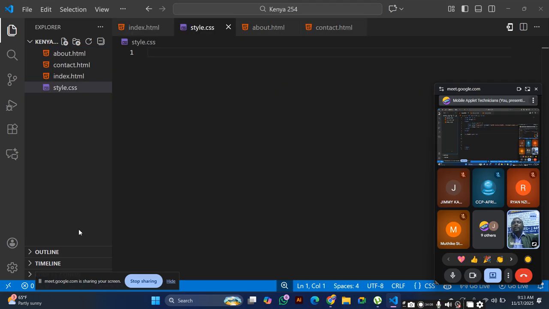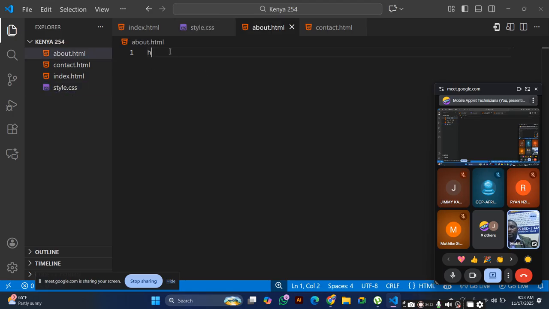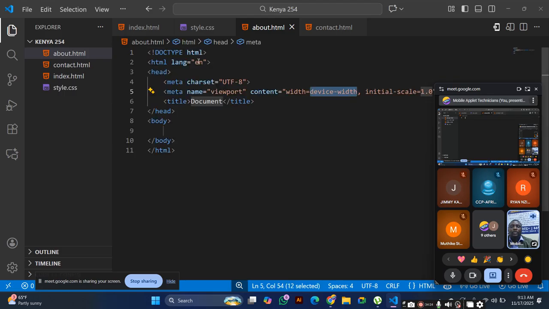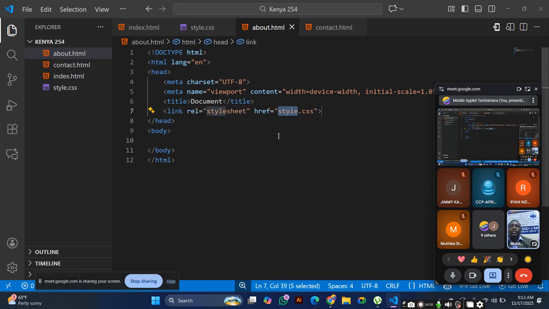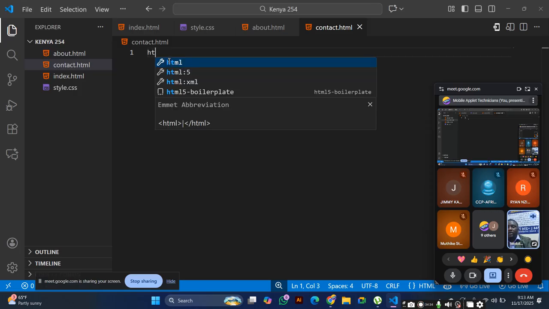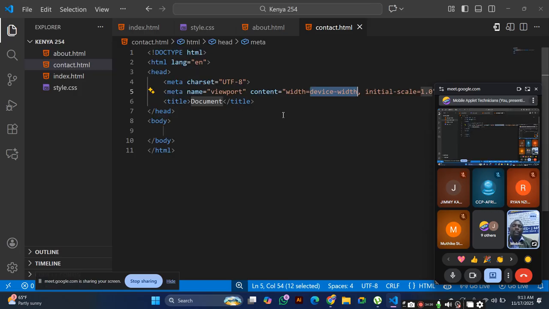Style.css, something like that. And then I'll make sure this style.css is inside each particular HTML file as a link. So I'll go inside each HTML, I create the link tag and type the style.css. I go in the other one and repeat the same.